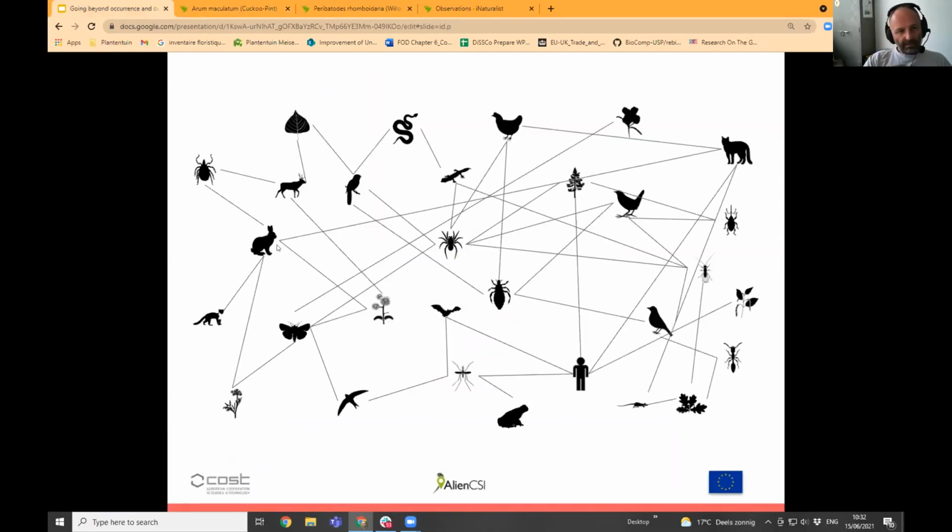So this stamp collecting doesn't tell us anything about ecology, really. It tells a lot about biodiversity in particular places, and we know from our knowledge of biology that things do interact. And yet, traditionally, people haven't gone out and collected interaction data. We have to think, how can we encourage this? Because if you really want to use these data for ecology,